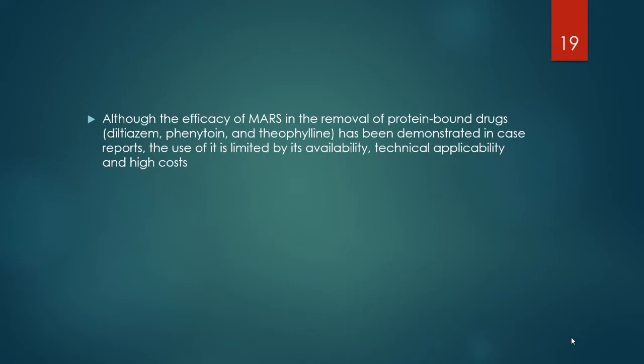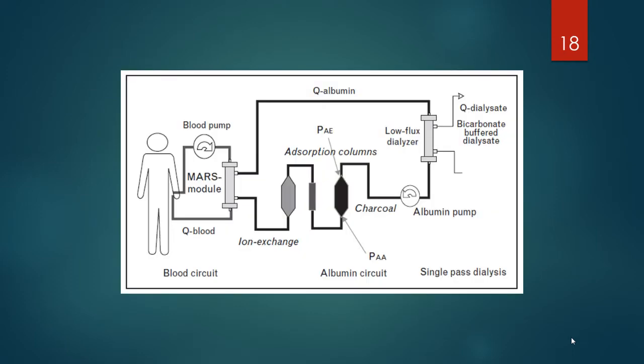So this is the blood circuit. You've got the blood coming out of the patient, going to the dialyzer, and then going back to the albumin circuit. In the albumin circuit, we have 2 extra circuits here with the charcoal filter, which absorbs the toxins, and an ion exchange